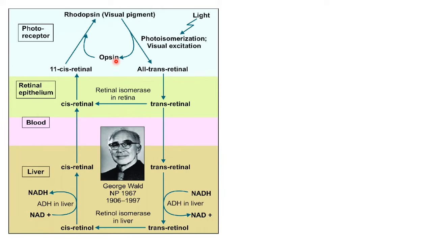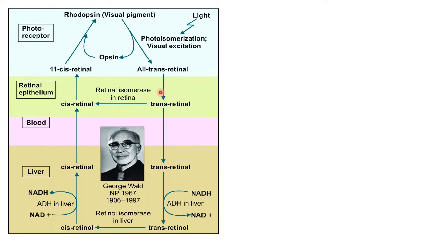Now this opsin remains in the retina itself, and this all-trans retinal has two possibilities. It is converted to 11-cis retinal again in the retina itself by the retinal isomerase enzyme in the dark,